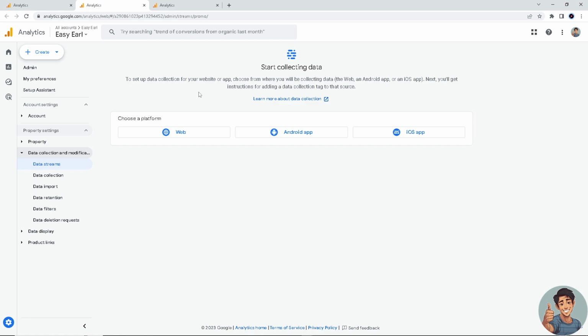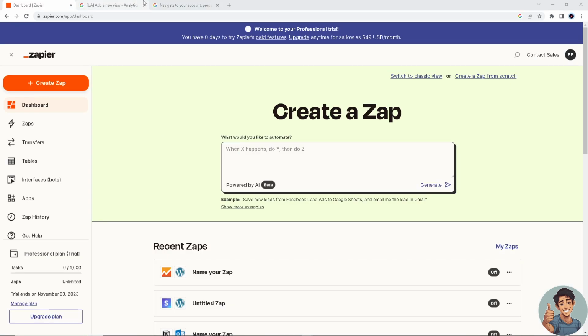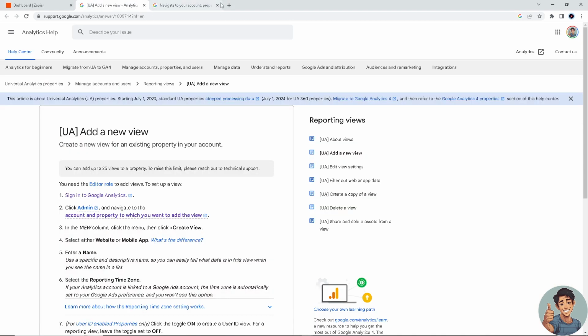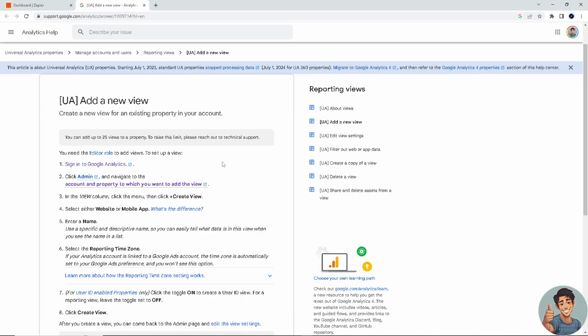All right, so basically, my account is limited, so I cannot add any. I cannot create a view in Google Analytics right now, but don't worry because we will still manage to do that here. All right. So here in support.google, this is where you can create a new view